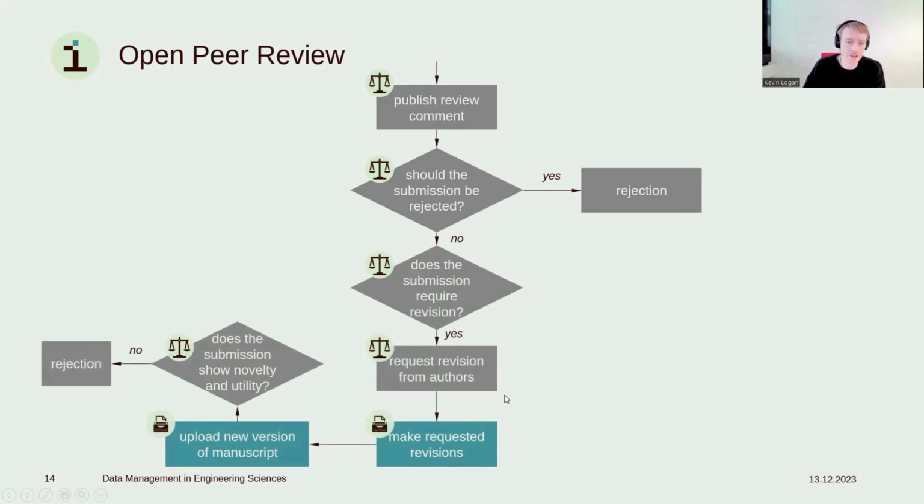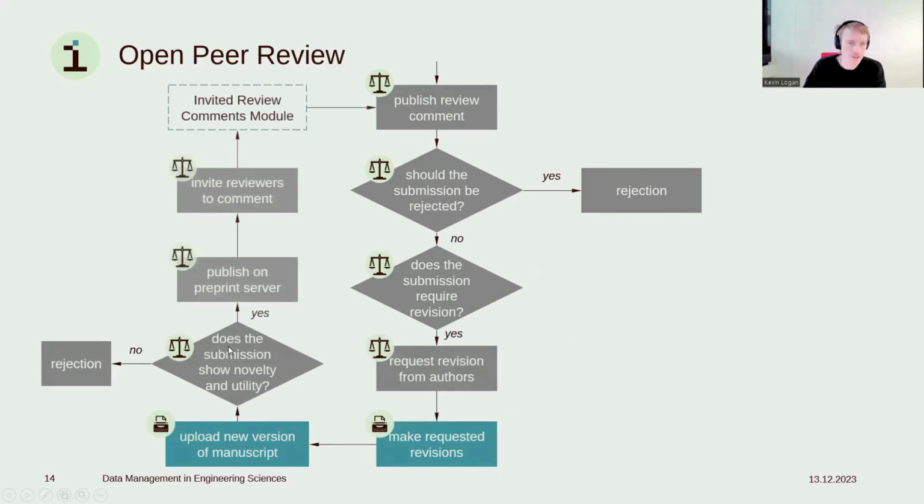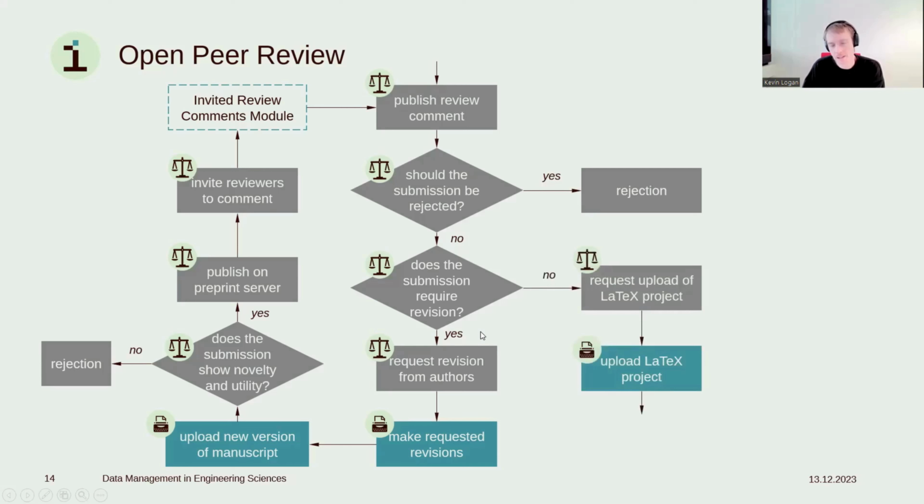And then if a revision is required, you're also asked to revise your manuscript and upload a new version, which then again runs through the entire process. The new version gets published on the preprint platform on the same page, so you see the versioning, and then we pass on to this invite review comments module, and this iterative process passes through until your manuscript